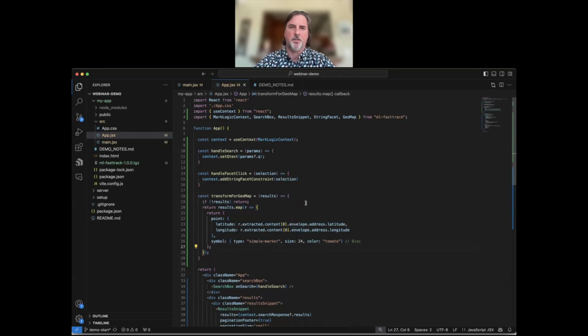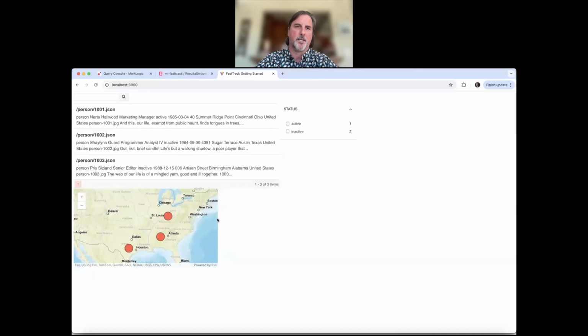So let's save, switch back, and there it is. We have a map of the United States. We have 3 results, and each of those results is placed where it should be on the map of the United States. So to prove it's working,